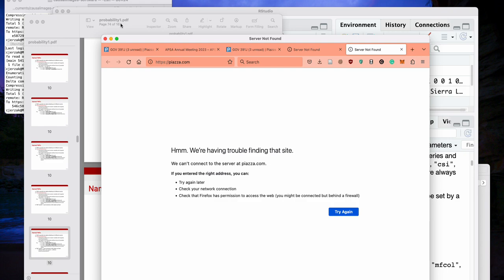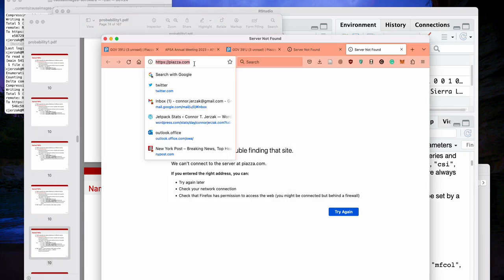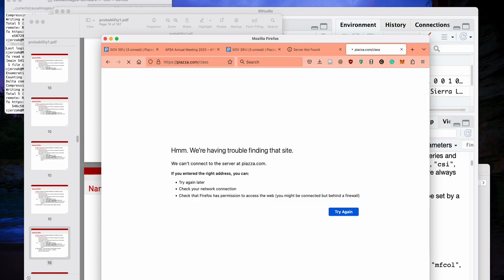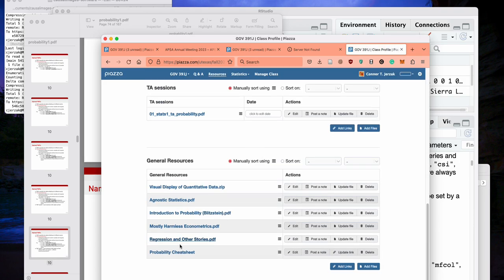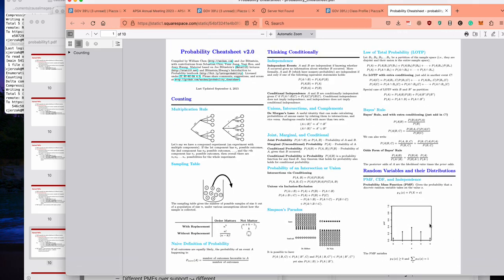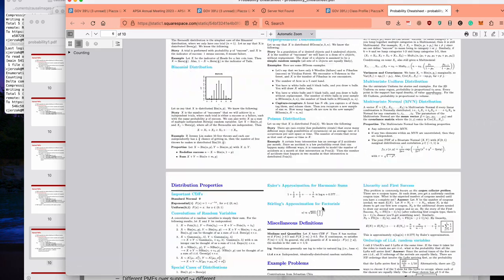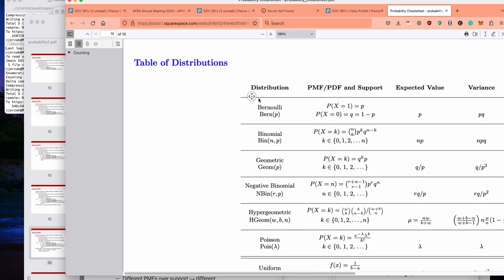The formula of the distribution is basically a way of computing the probability. So you give the distribution a value, and it cranks and turns the levers, and it spits out a probability through that. So if we go to resources, and if we go down to the probability cheat sheet, we have something that looks like this. And I think at the bottom of this, we have a listing of distributions.